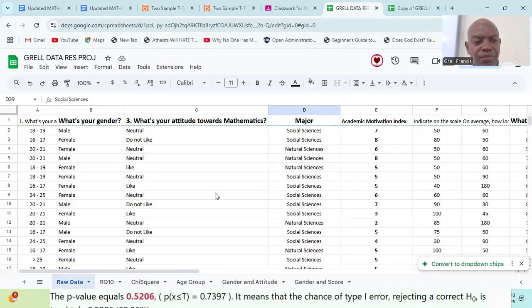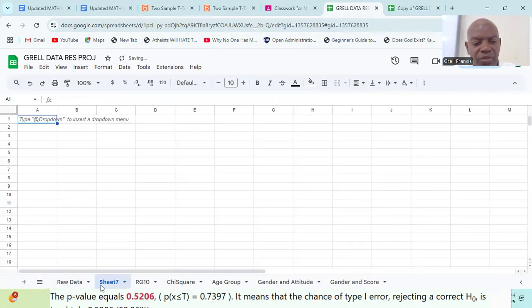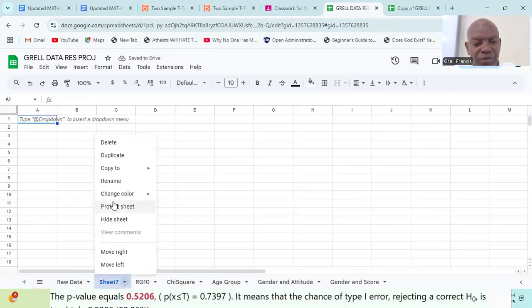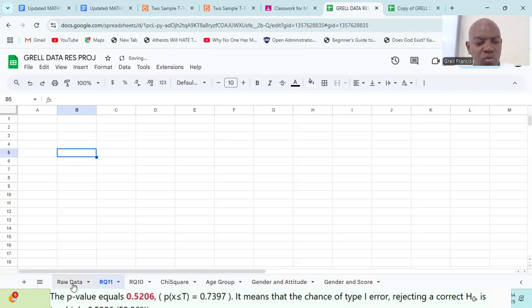So as you can see, you have the column with the majors, two categories, natural and social sciences, and the score. In column H, what is your score? Okay, so what you need to do now, you need to click on add sheet, create a new sheet, and you can rename this sheet with research question. You can use RQ number 11. You can go back to the raw data,